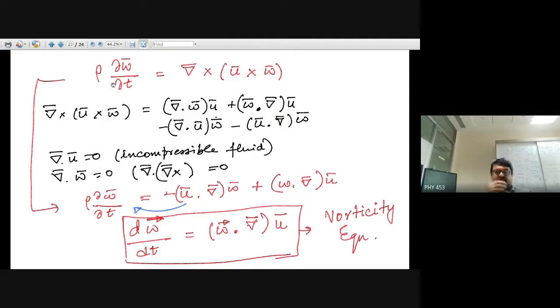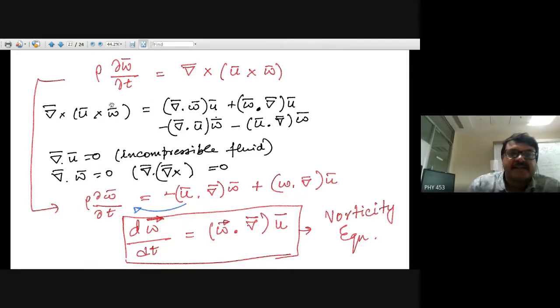Under certain conditions, you might be able to calculate that. And next, using another vector identity and using divergence of u equal to 0, and divergence of omega, the vorticity, equal to 0, one can write this in terms of the total derivative. This was a partial derivative, this is a total derivative. You can just work out the algebra. It can be written as d omega dt equal to omega dot grad